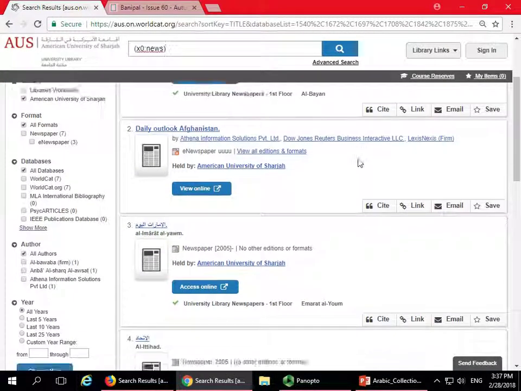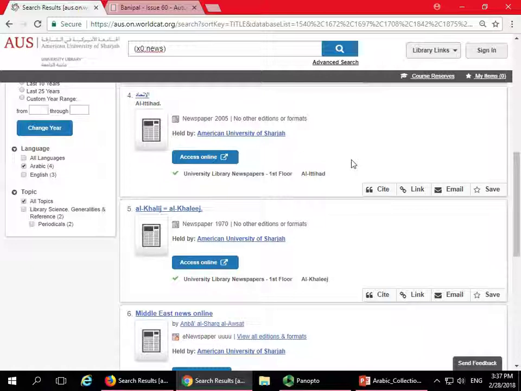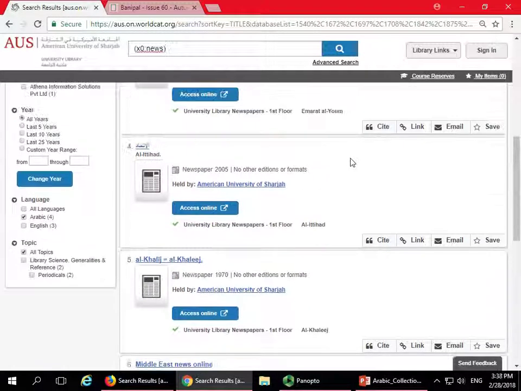These are the newspapers we have in the library, and they are located on the first floor near the leisure collection. So this is how we search for different types of materials in Arabic and English related to Arabic and translation